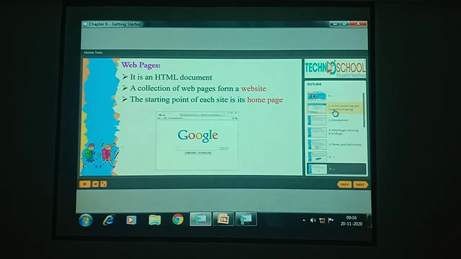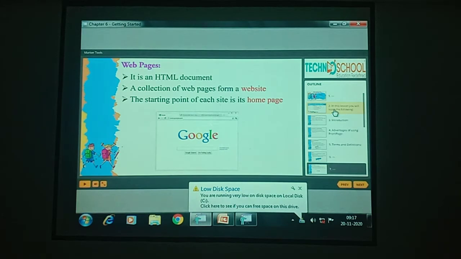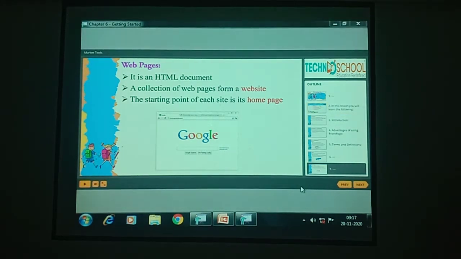If it moves to another window, because there will be a new tab at the top of the window, it is called a website. If it is loading in the same page, it is called a web page. So the collection of web pages will form a website.